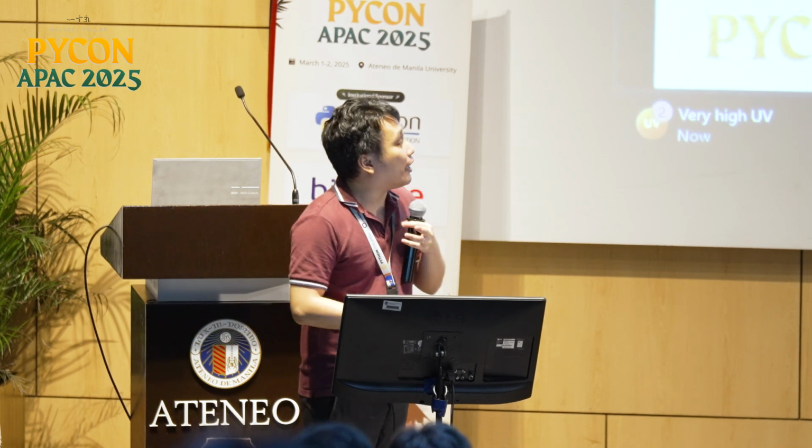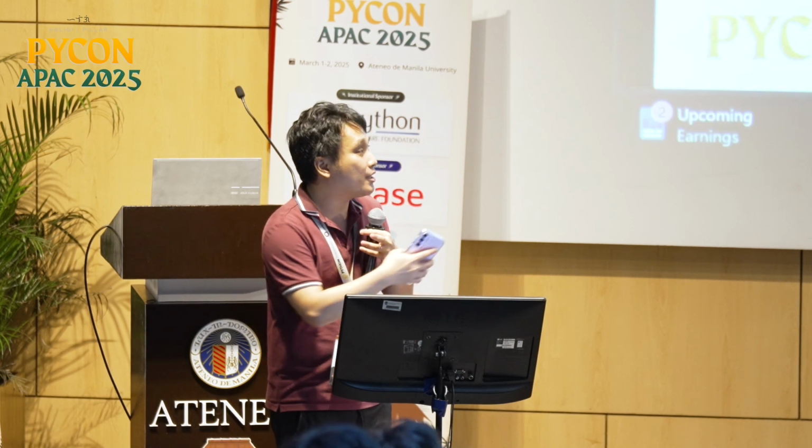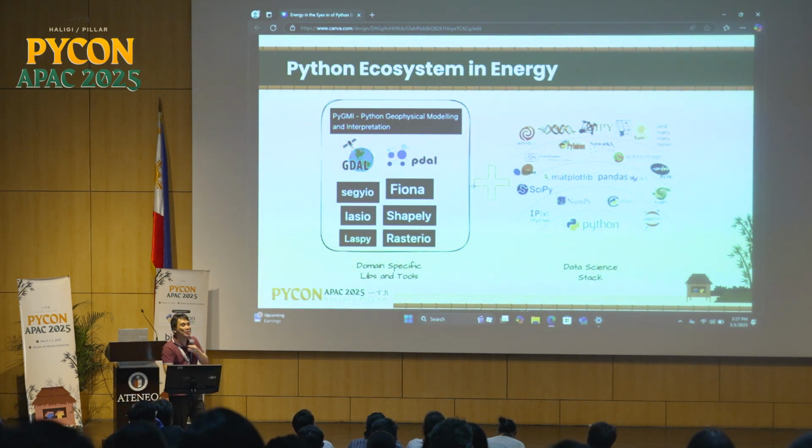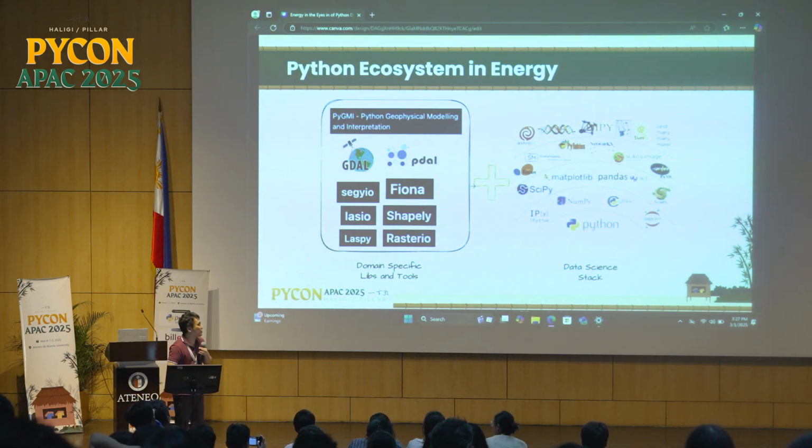It becomes very mundane, but it's very rewarding, because imagine if you're able to develop or identify an energy resource and deploy it, you're going to impact more people, and even the economy of that place. So in the energy space, you have your domain-specific tools, and you have your data science stack. Most of the time, these are the only things that you need. You just need to combine something that's going to read the data with the data science stack of your choosing, from Pandas, from NumPy, from Torch or PyTorch, and all of these.